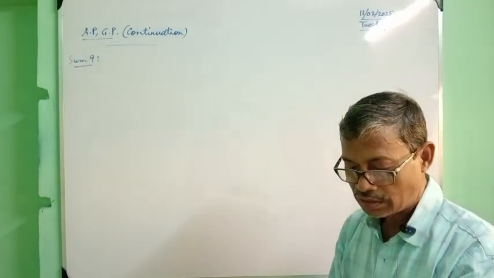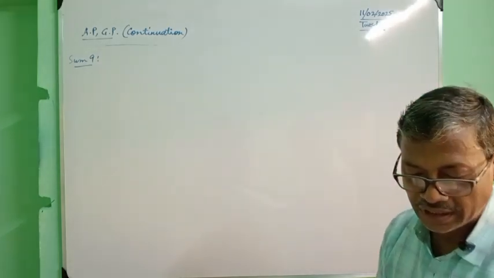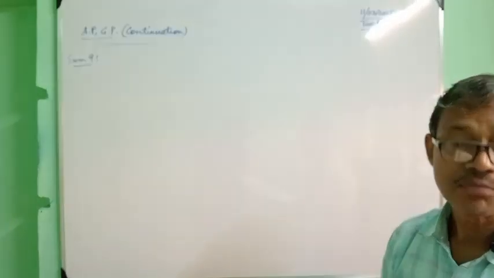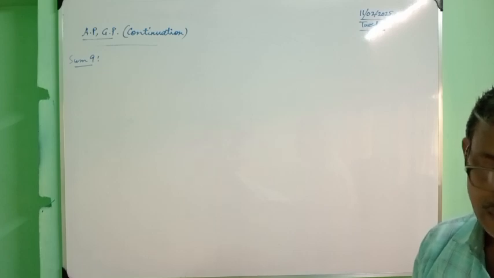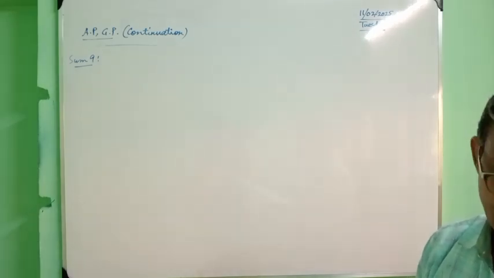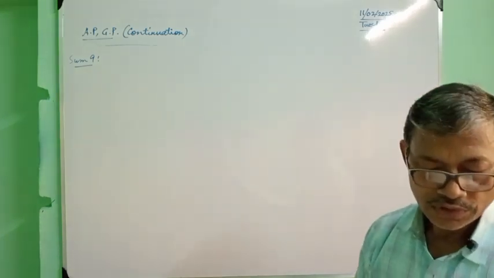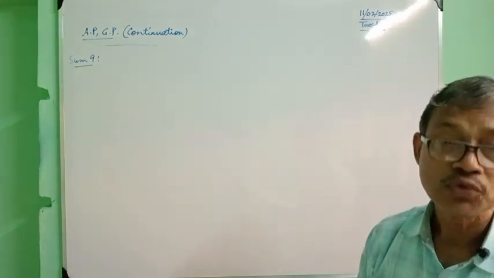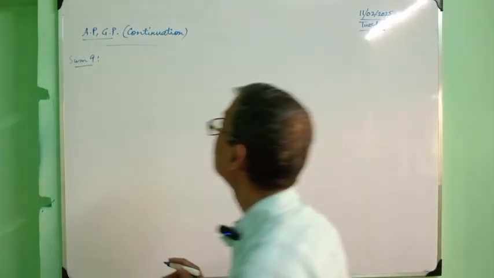Next sum: the ratio of the sum of first n terms of two different APs is 2n plus 1 is to 2n minus 1. We have to find the ratio of their 8th terms. Here, the ratio of the sum of first n terms of two different APs is given. I start like this. Let